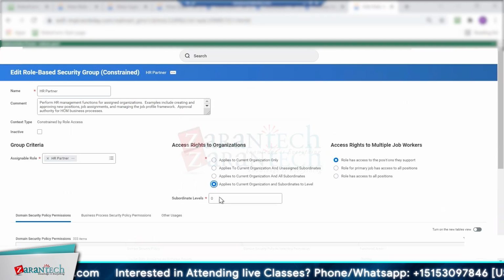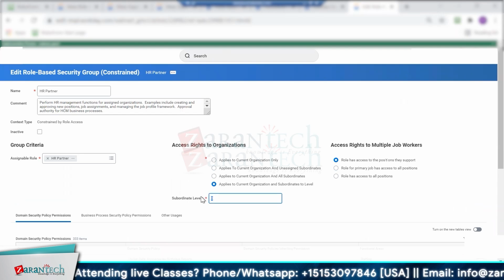If I select this, hopefully what I'm trying to show you is that you could do the same thing in many different ways. So this applies to the current organization and also the levels below. I can put one level below, the subordinates. But let's say she has 3 departments in HR services, and those 3 departments have further teams below them, but I only say that she can only go down 1 level. So in this case,